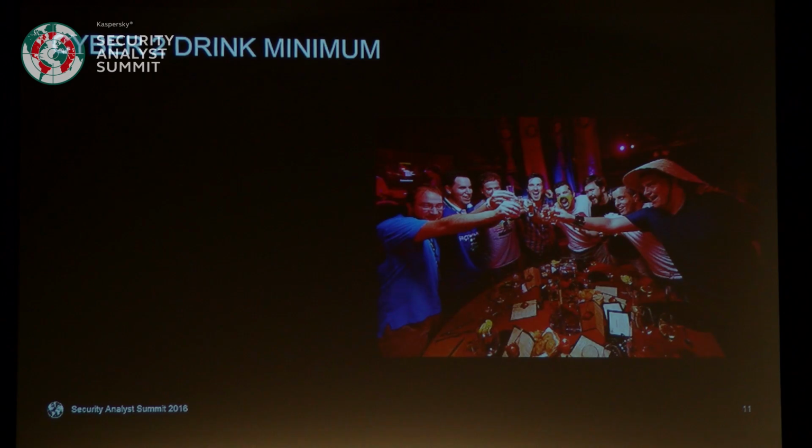And every time a situation like the one that happened with Charlie Miller happens, a lot of it's on the vendors, but a lot of it's on the researchers. It is a complex ecosystem, and we are all interconnected. So right now, we have a 2-drink minimum for building relationships, it seems like. This is last year at SAS. And we can all get along, but this doesn't scale.